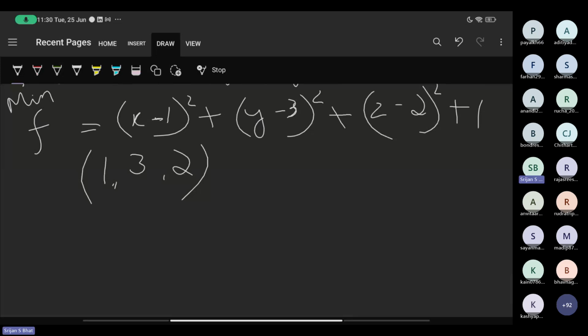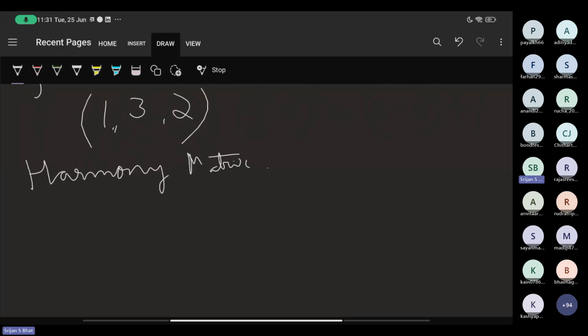So what happens is we have something called a harmony matrix or something like that, which is like a memory. Basically, you initialize with something.